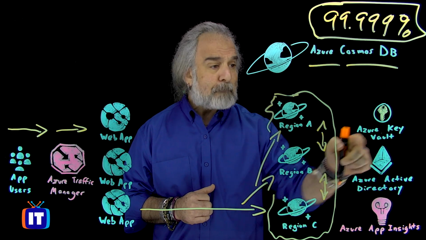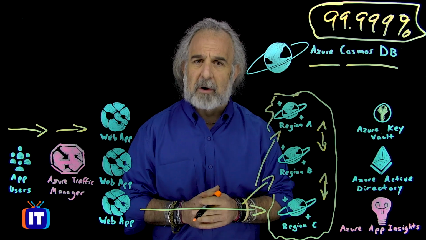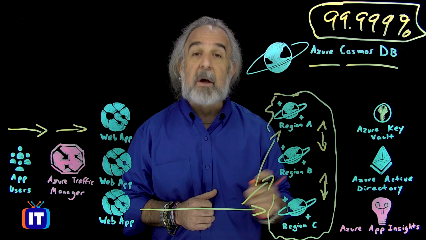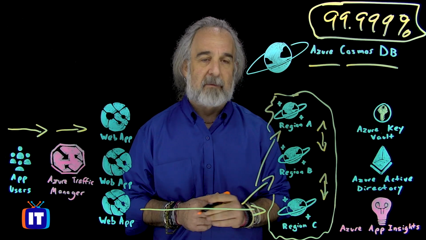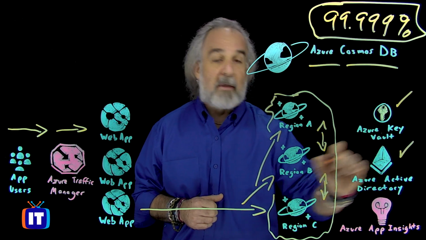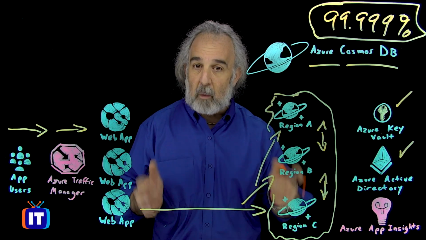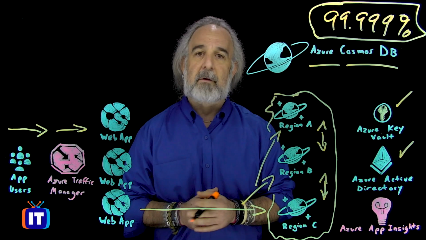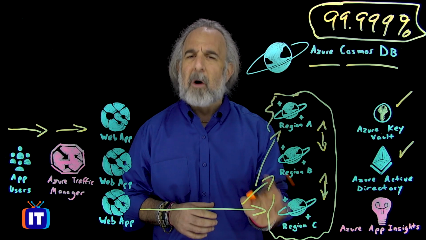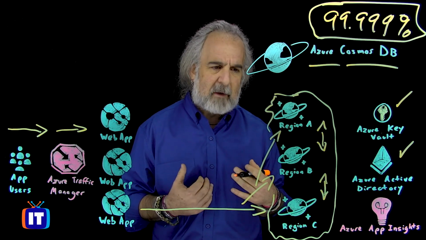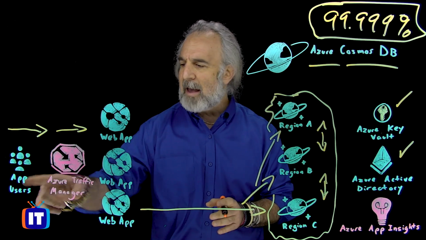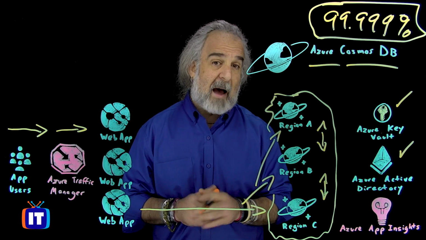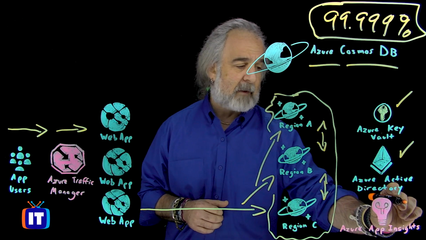And finally, we can do this securely using Azure Key Vault to maintain the integrity and the confidentiality of our data. We can look users up in the Azure Active Directory, understanding that we can validate who they are and what they're there to do. And we can get Azure App Insights as part of this solution, explaining performance-wise exactly how well we're doing at taking care of these users' requests, how quickly, how thoroughly, and as a result of that, can we make changes and optimize if necessary?